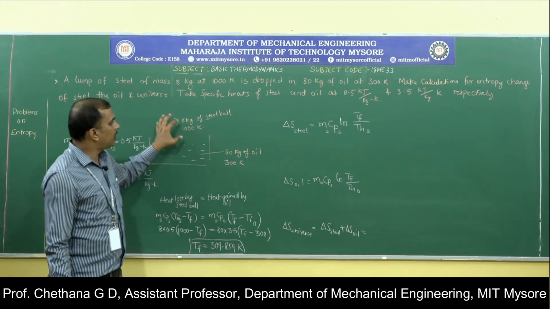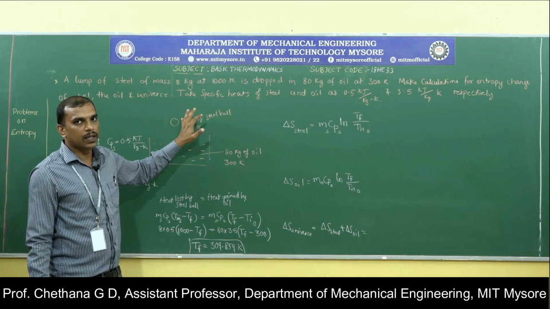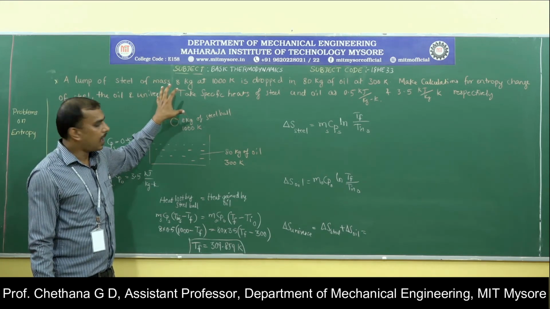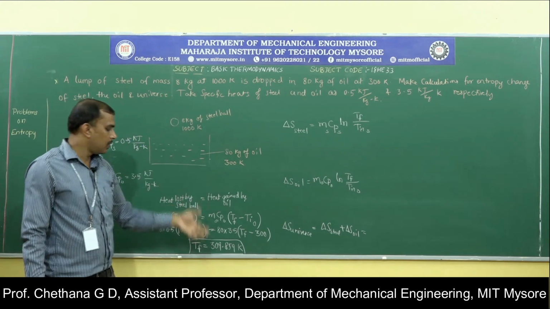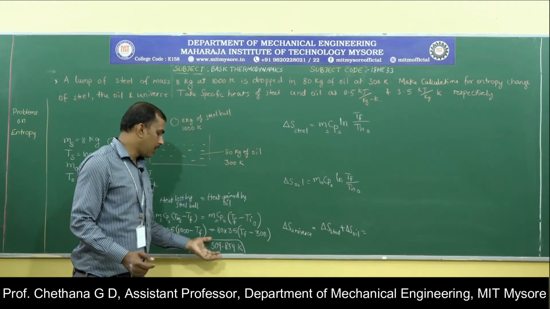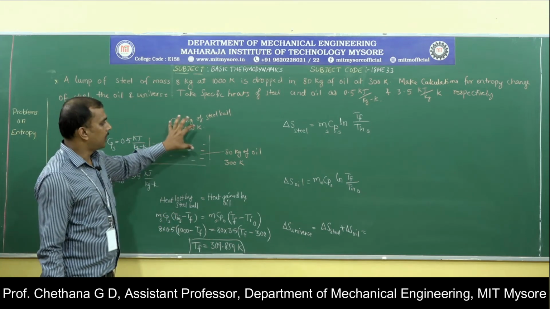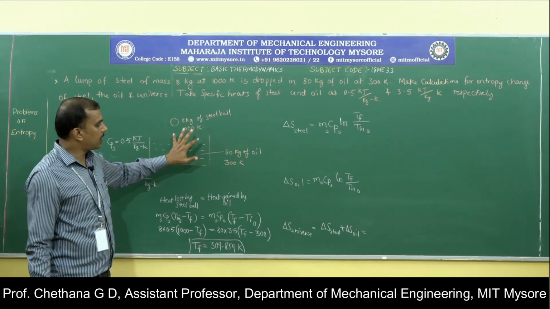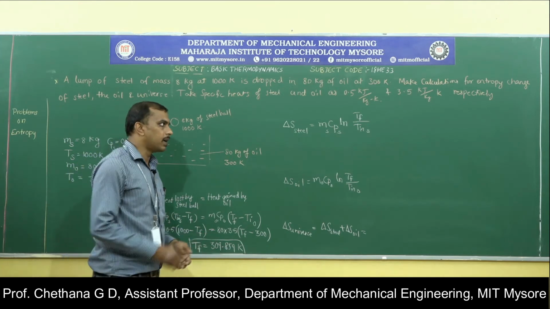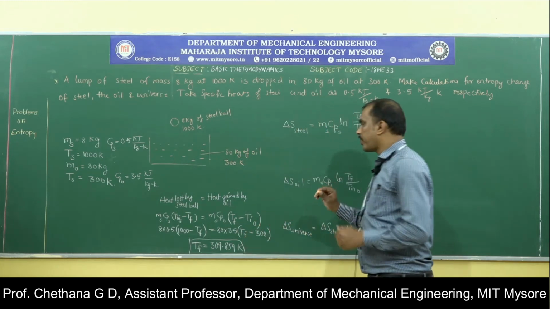So you cannot say that since this is 1000 and 300, it has to be somewhere in between. No, that is wrong. It depends on the mass, the Cp and the temperature as well. But we know that it has to be between 1000 and 300. We are getting the final temperature as 309.859. That is the temperature of this and this. After it comes to equilibrium, the temperature will be 309.859 Kelvin. Now we are ready to calculate the change in entropy of steel and the change in entropy of oil.